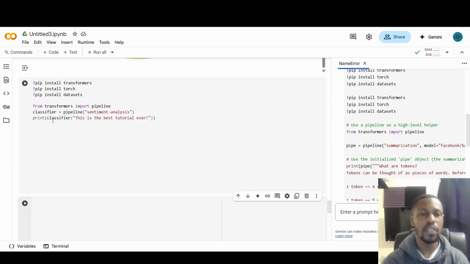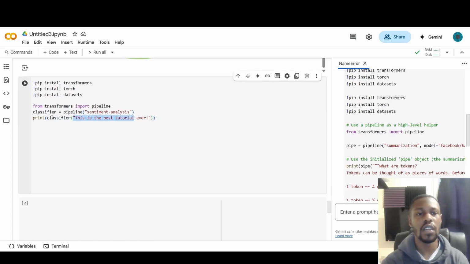We want to use this sentiment analysis model on this sentence here. That's what this last print function is saying. We want to perform sentiment analysis on the sentence that says, "This is the best tutorial ever." Now if we run this piece of code,